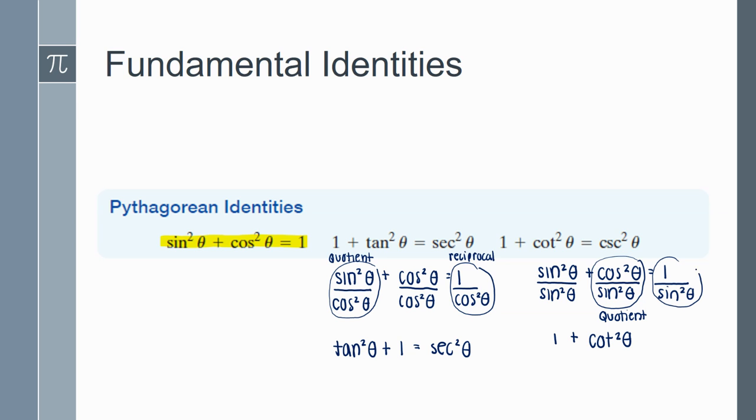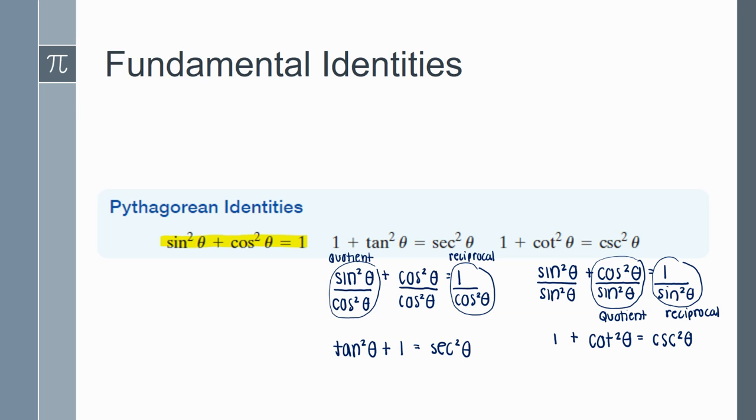And this last fraction here, that is another reciprocal. The reciprocal of sine is cosecant. So the reciprocal of sine squared is cosecant squared. So notice how, once again, as long as I know that first Pythagorean identity, either divide by the cosine squared for every single thing or divide by the sine squared, and you'll get the other two